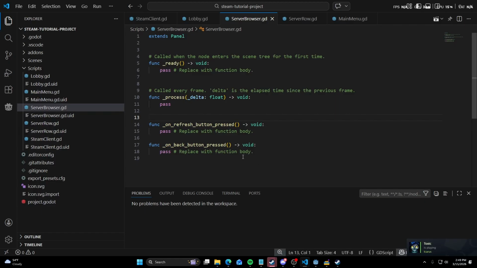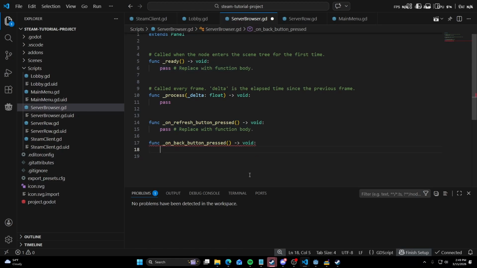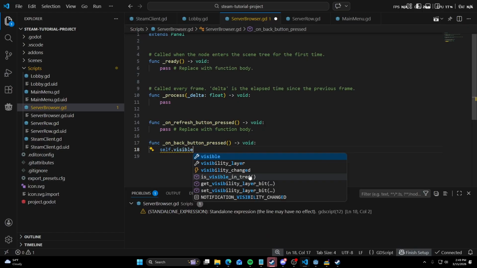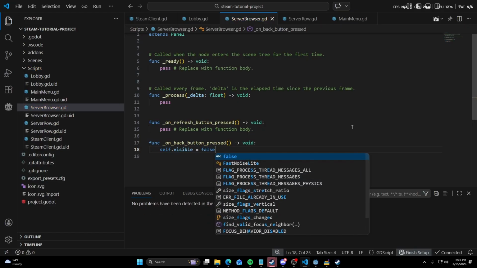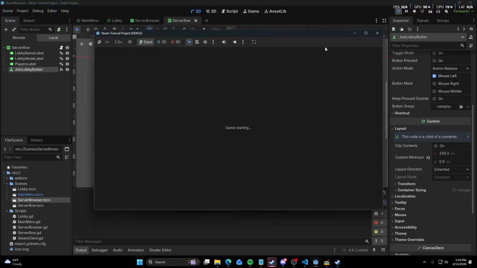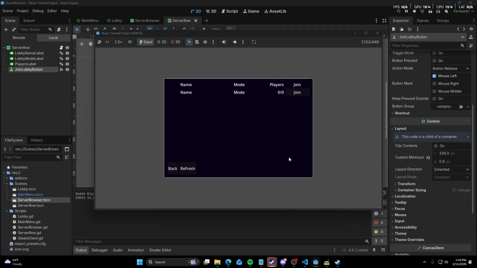This one's not super interesting, but it's something we haven't done yet: how do we get a reference to ourself in Godot? If you're familiar with Python, it is just self, which is the same thing as this in C sharp. We say self dot visible equals false, and that is the back button. That is it. So if we were to hit play again, join server browser, back, server browser, back,